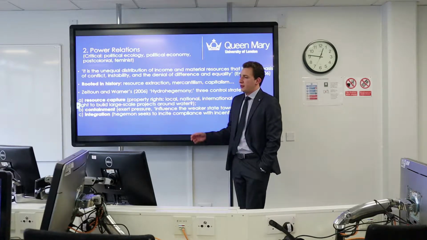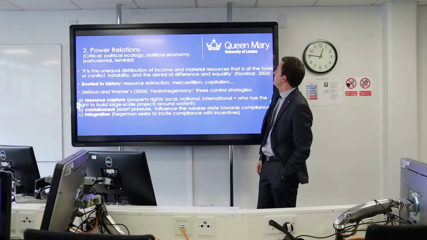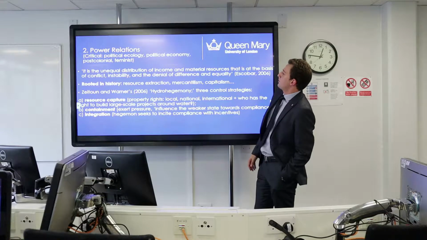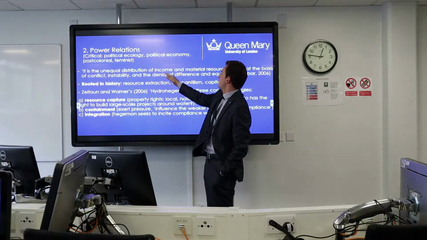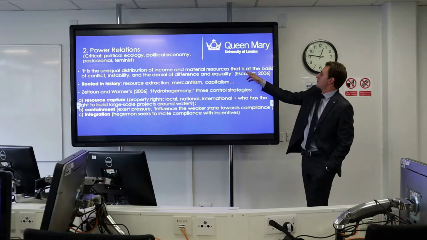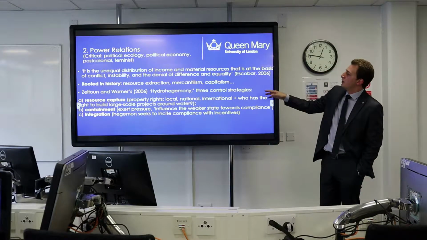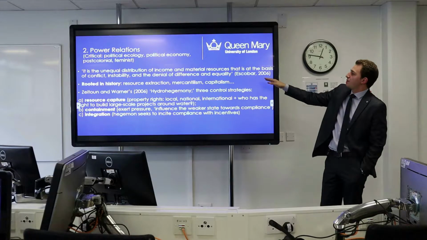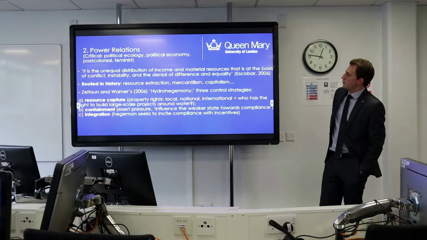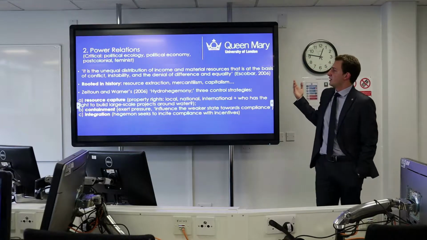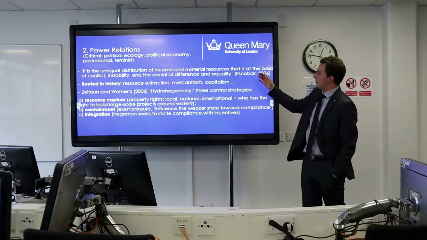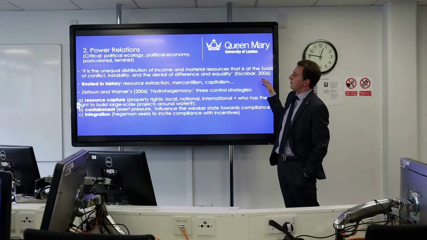But when you talk about power relations, you usually talk about things like the unequal distribution of income and material resources that is at the basis of conflict, instability, and the denial of difference and equality. So we're talking about unequal distributions of resources. We're talking about these factors causing a conflict. And